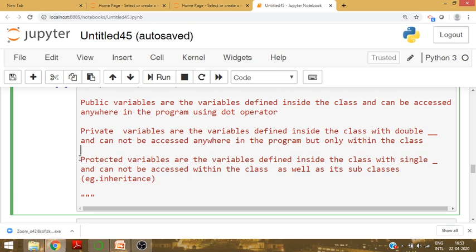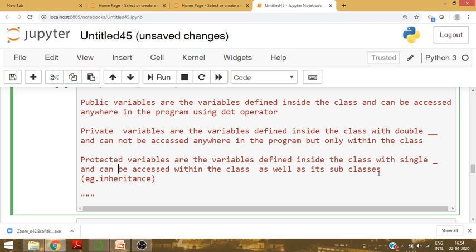Next, protected variable. Protected variables are the variables that are defined inside the class by using single underscore. Private variables are defined using double underscore, and protected variables can be accessed within the class and inside the subclass.